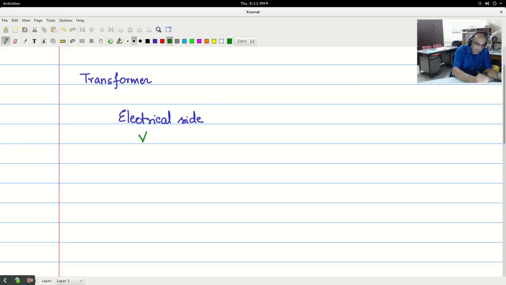We have the voltage of the primary, voltage of the secondary, because of the turns ratio, current flowing through the primary, current flowing through the secondary, and the power handling capability of the transformer. So on the electrical side, these are the aspects that we have with us. Now on the physical or the mechanical side,